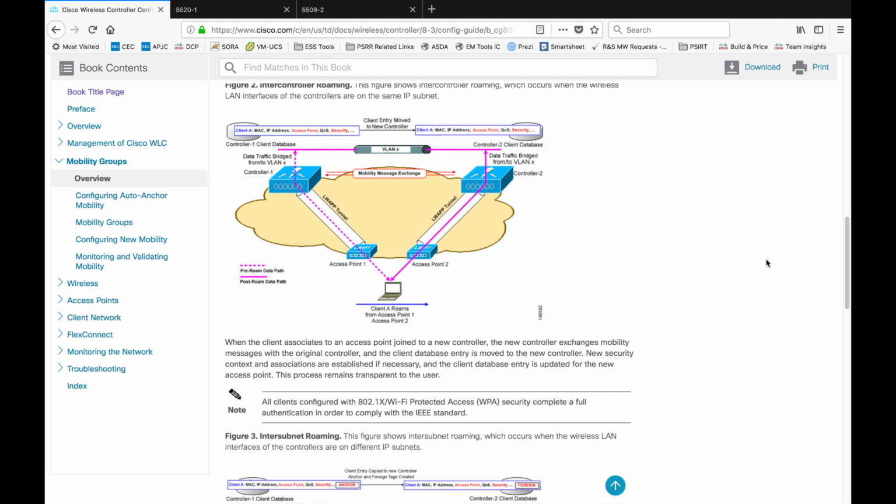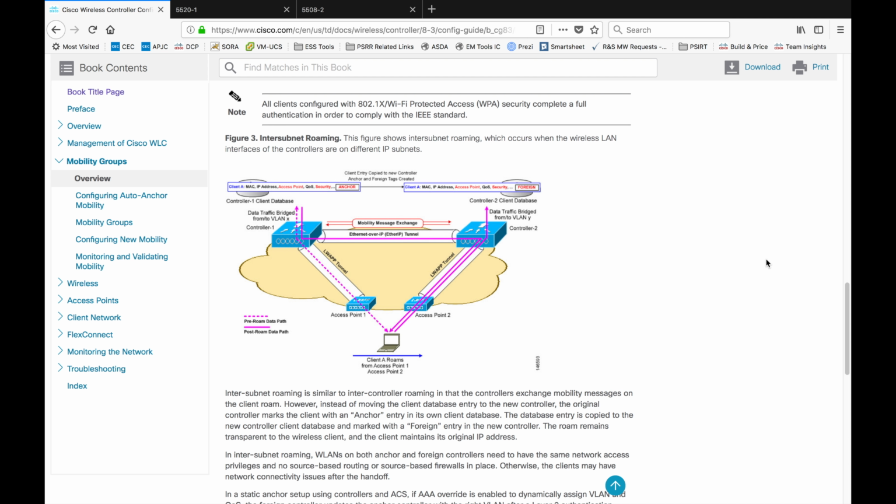And we have one more type of roaming, that is inter-subnet roaming. In this scenario, our APs are again connected to two different WLCs, but the WLCs are not part of the same VLAN. They are participating in two different VLANs, and these mobility messages will be exchanged between the two controllers. But in this scenario, when the client roams from one controller to the new controller, that controller will pass this traffic through a mobility tunnel to the original controller, and